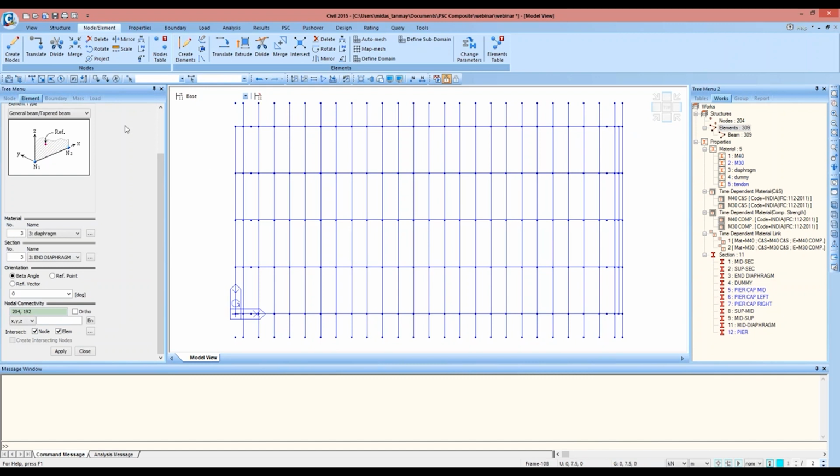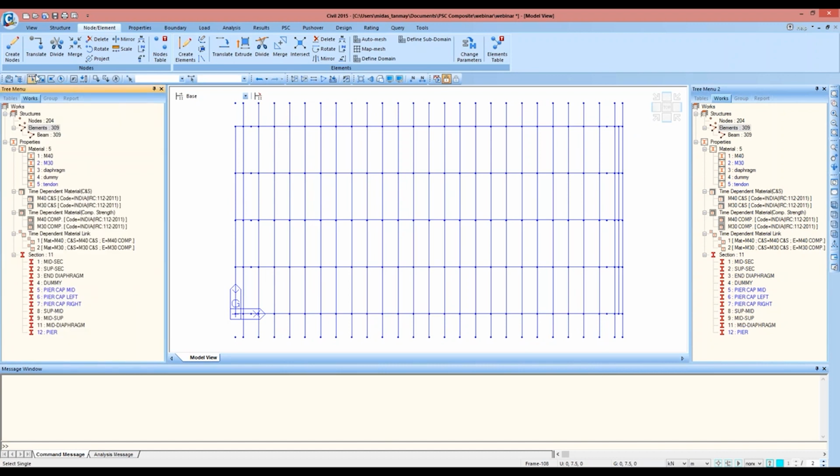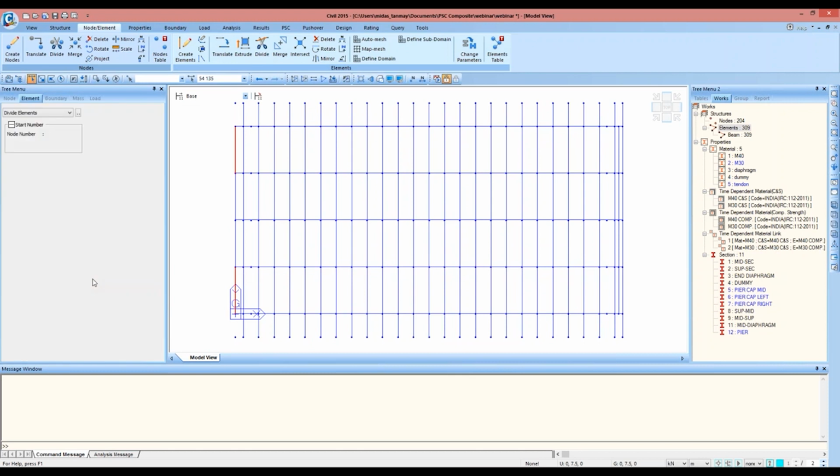So for doing that, first of all, I'll divide these two elements into equal parts so as to generate the bearings below these diaphragms that will act as our permanent supports.